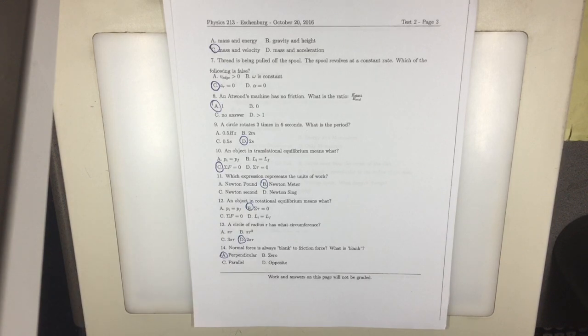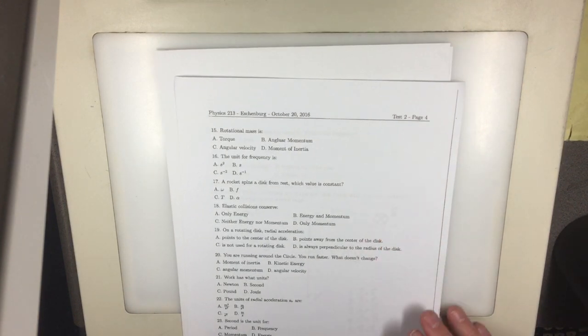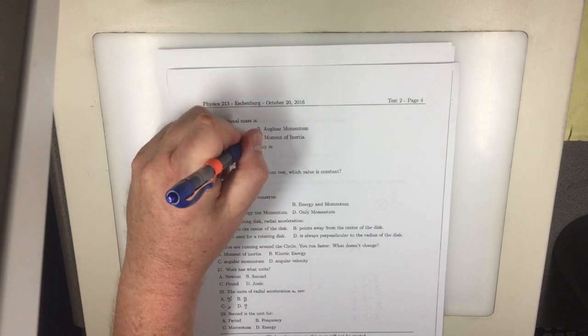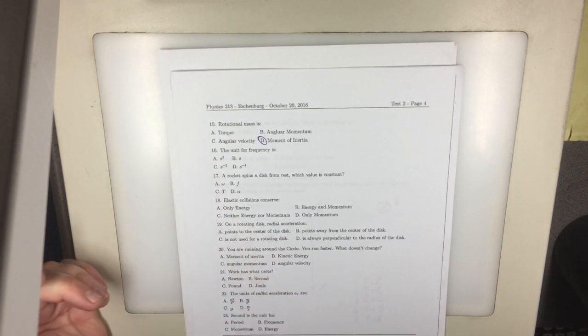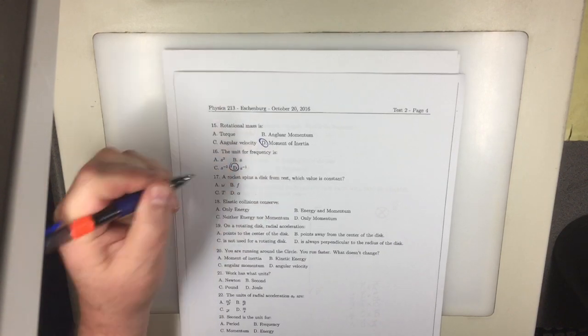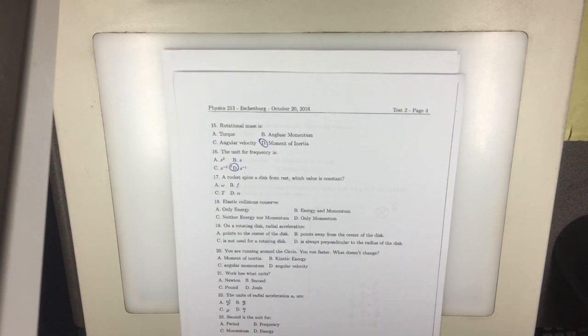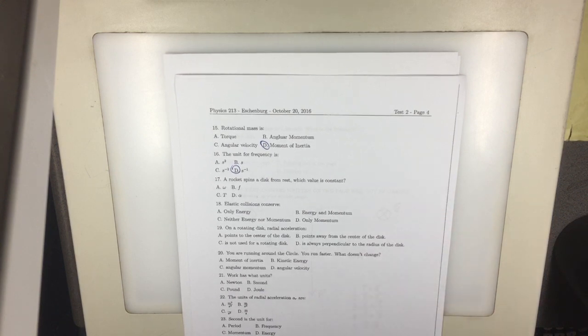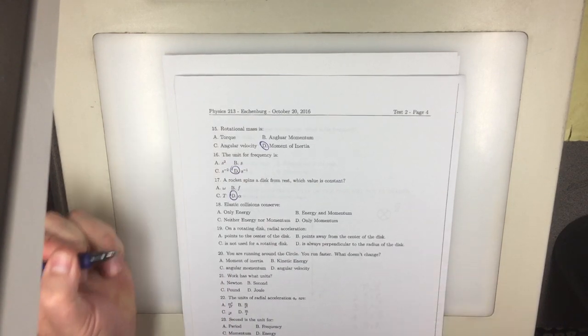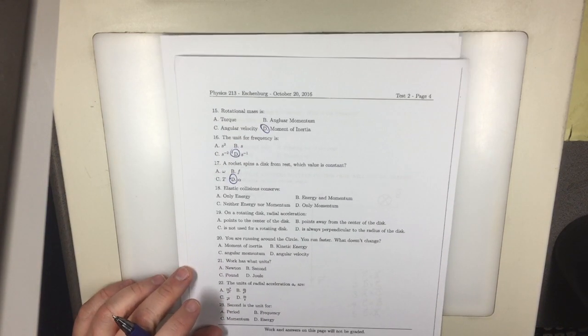Quick question. Vectors going in the same direction are what? Vectors going in opposite directions are what? Anti-parallel. Okay. Rotational mass is, sure. Unit for frequency is inverse seconds. What's another way of saying inverse second? Hertz. Real quick, spell hertz. Yes. Rocket spins a disk from rest. Which value is constant? D, alpha. Elastic collisions conserve